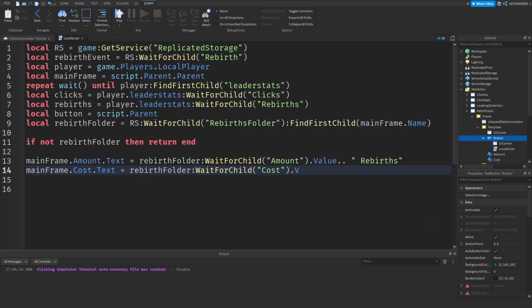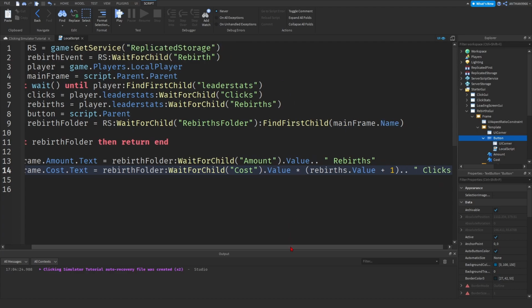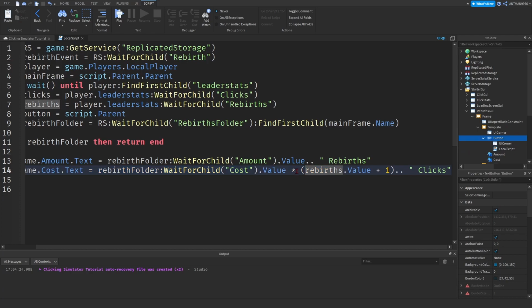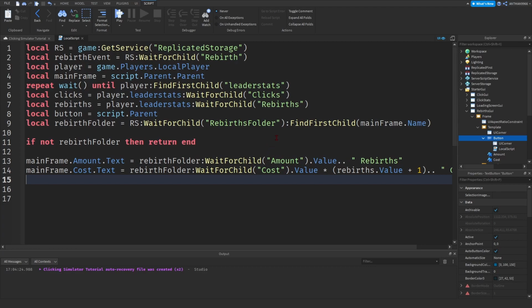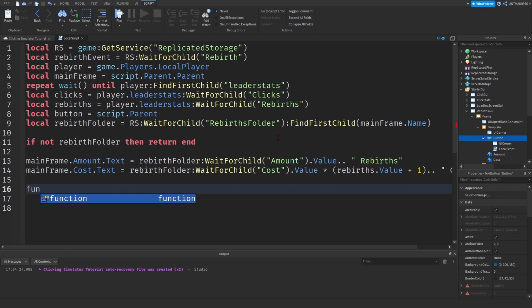And you're going to say dot value times rebirths dot value plus 1, and you say put that in brackets, just like that, and then outside that, dot brackets clicks, just like that. So basically here we are setting the cost to clicks, and we are timesing that by the amount of rebirths we have plus 1. So every time we rebirth it's going to increase the amount, so the game doesn't get easier for the player. And then we're going to create a function